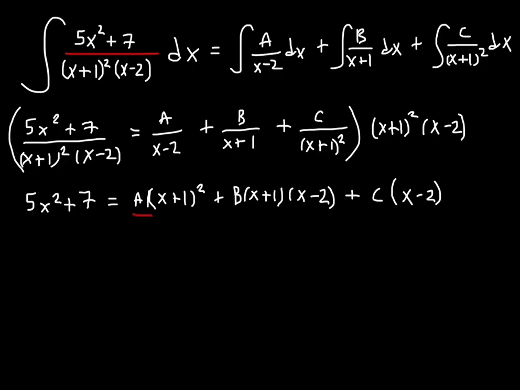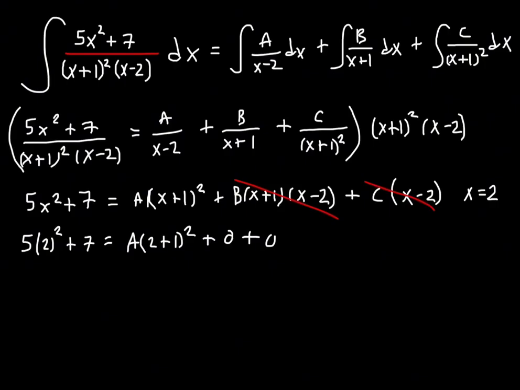Now I'm going to solve for a by replacing x with a number that will make both of these zeros. I noticed that I could replace x with 2. If I replace x with 2, these things will become 0, because if I plug in 2 here, 2 minus 2 is just 0, and anything multiplied by 0 is just 0. So let's do this. 5 times 2 squared plus 7 is equal to a times 2 plus 1 squared